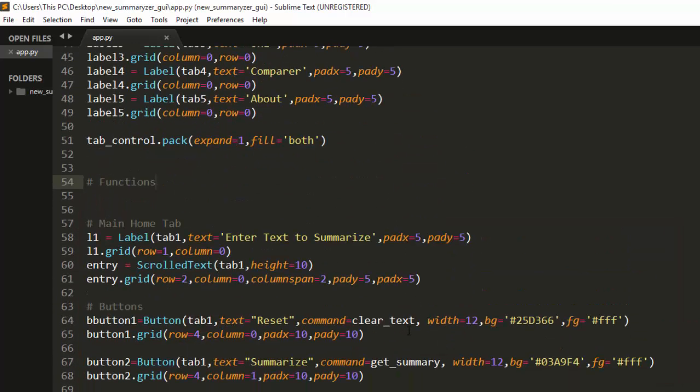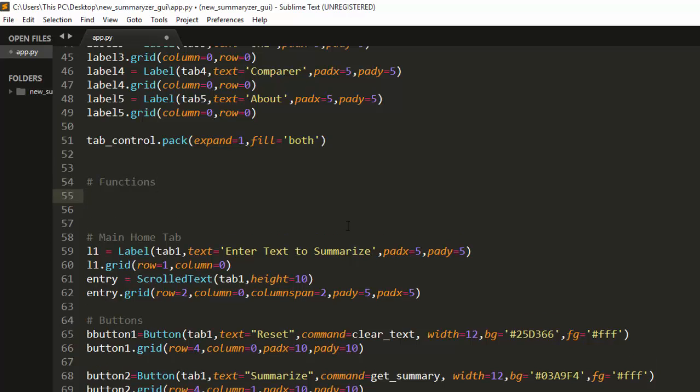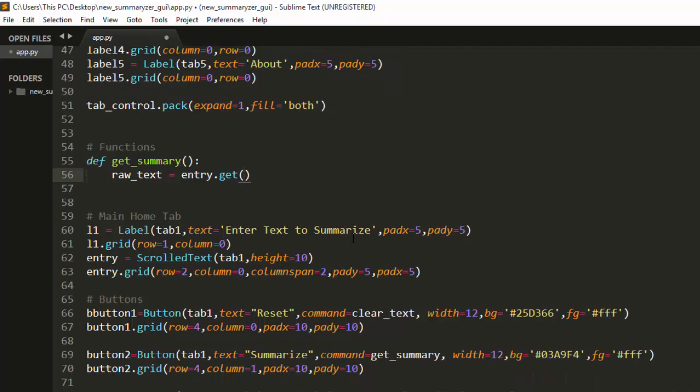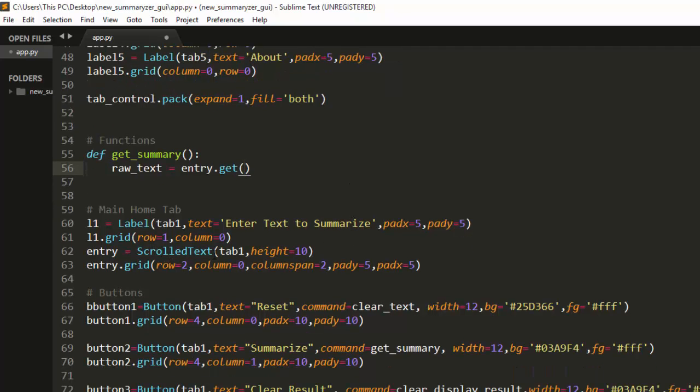So we have the clear text function. It's going to be a simple function to clear all the results and to clear all the first stuff that we have. So def get summary, you're not passing in an argument. So raw text is going to be our entry dot get. The entry dot get is going to allow us to get whatever stuff we are typing inside this particular entry. It's going to get it for us, right? And then we are going to get it as